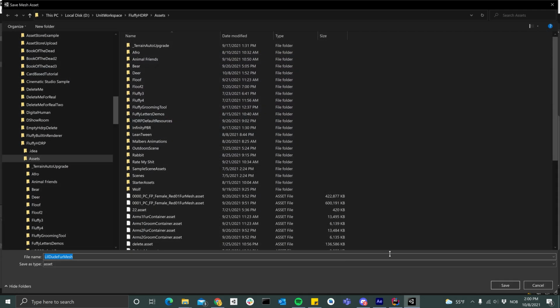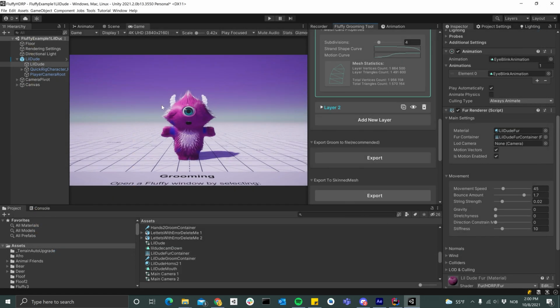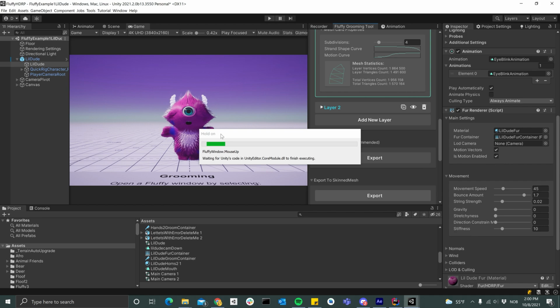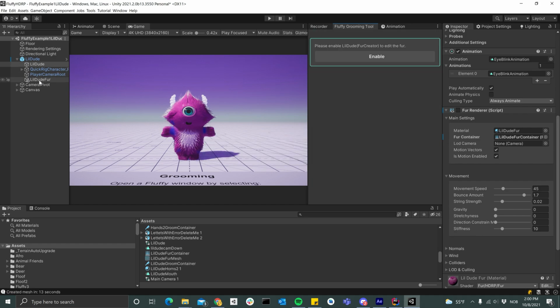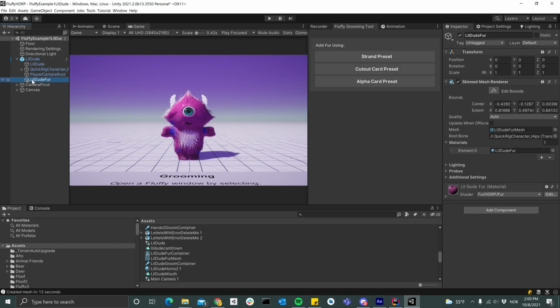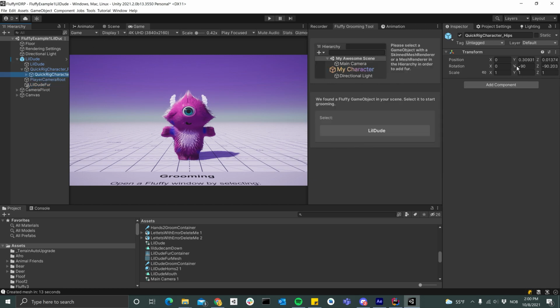The export to skin mesh option lets you export everything to a mesh or a skin mesh, and that's going to create a new game object with the mesh. So now we see that our fur renderer has been disabled, and we now have a new object here which contains a mesh with the fur attached to it. So it's skinned to our character,